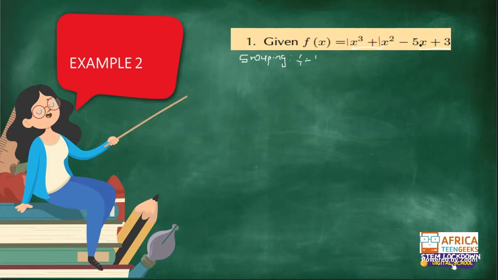But then the ratio of the last two terms is 3 divided by negative 5, okay? So it means it would not be possible to use your grouping, okay? But then if we try synthetic division,